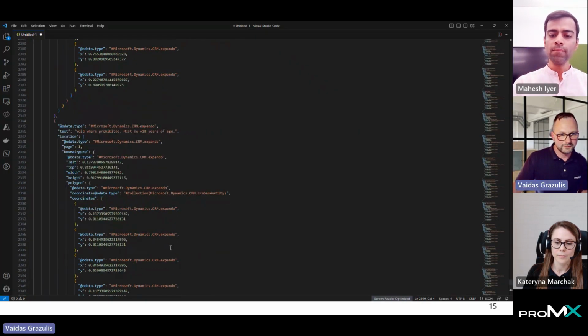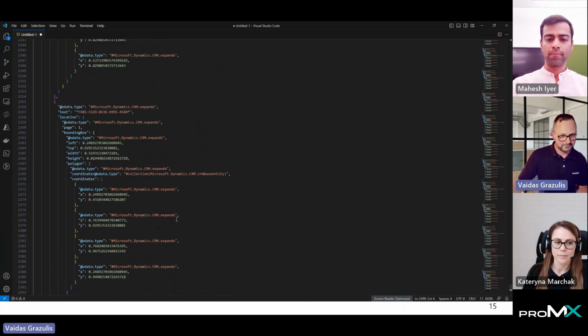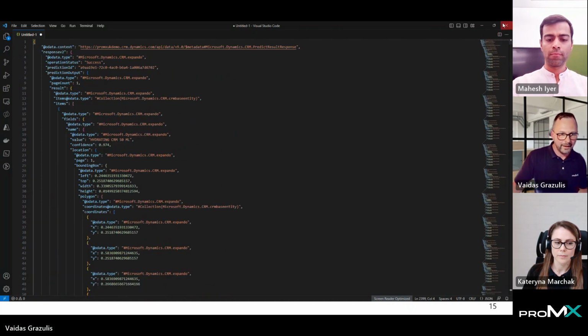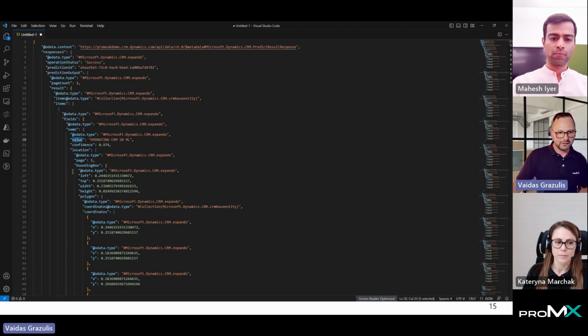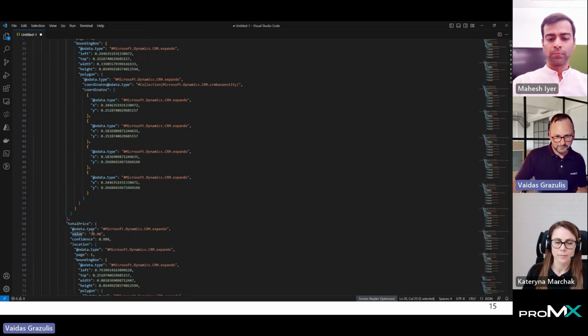I could quickly visualize what this step does. We can see it even returns over 2,000 rows of code for us. But it is formed like this: there's a response, there's a prediction output, there's the status that we can check against, and then at the bottom we can start seeing our items coming through. We can see the value, the name of the item, and the value of the item. Again, that's being displayed to us as a string,